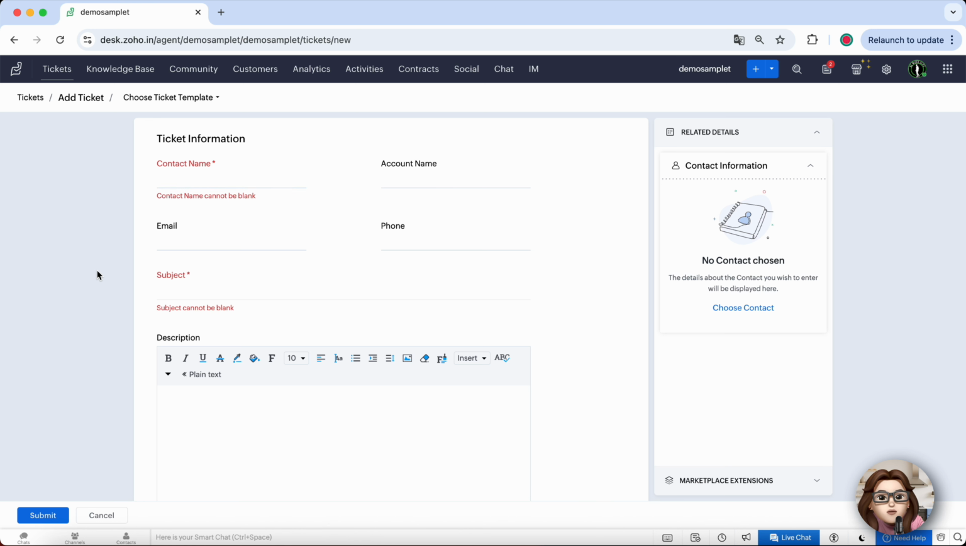And that's it. You've successfully created a ticket in Zoho Desk, making it easier to manage customer requests and deliver